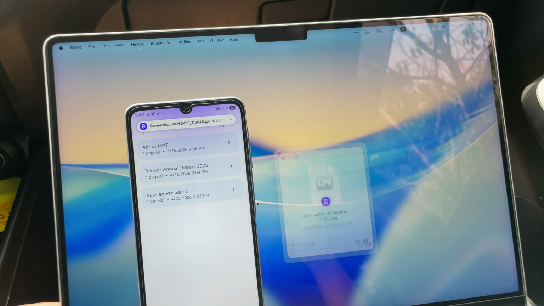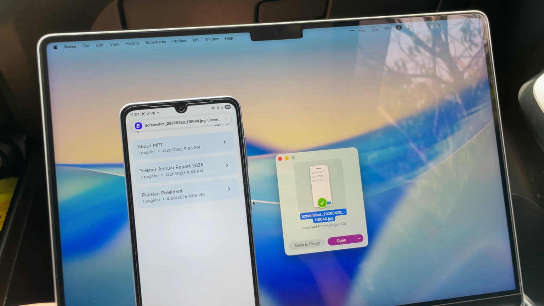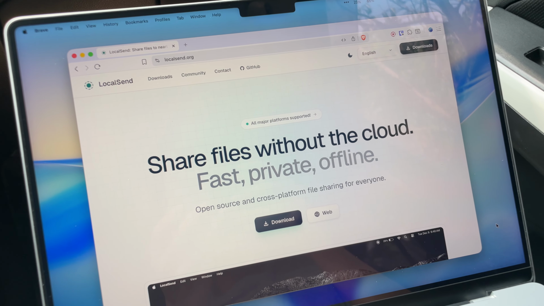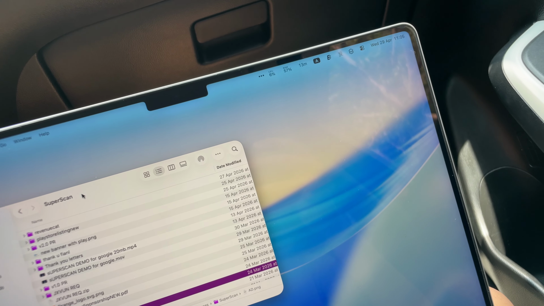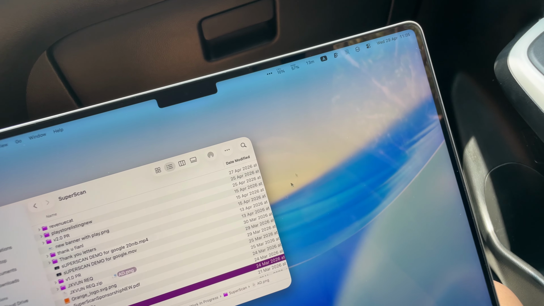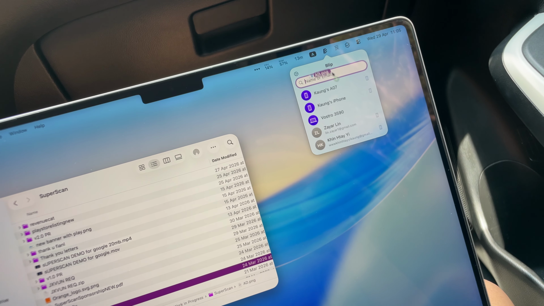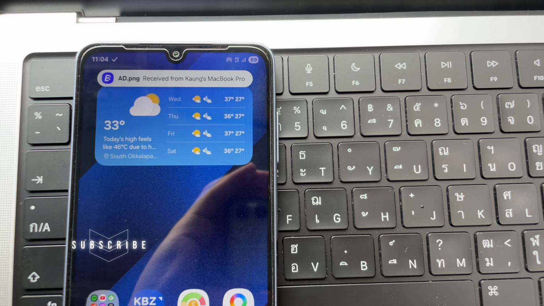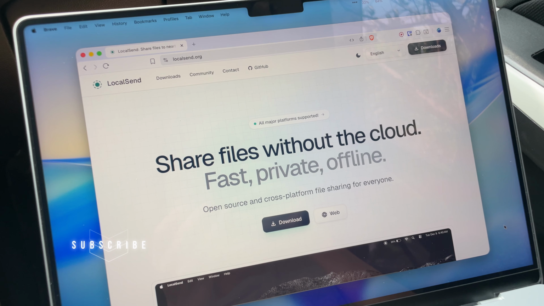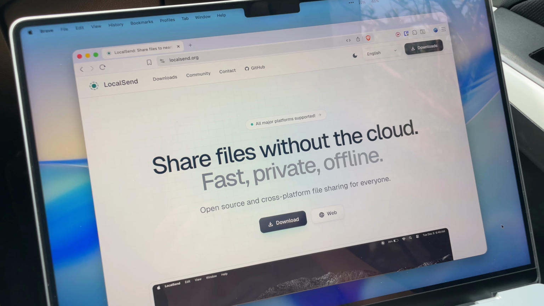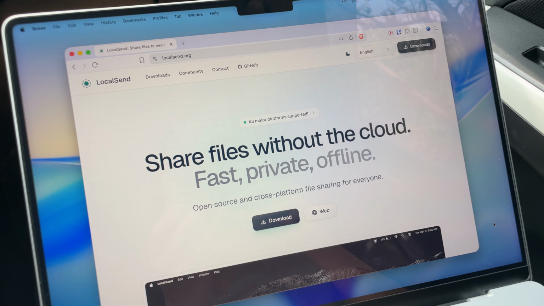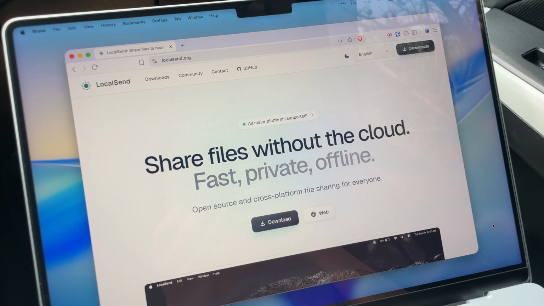One of my favorite things about Blip is how it integrates with the system. Unlike alternatives like Local Send, you don't need to have the app opened to transfer and receive files. It silently runs in the background without taking up your system resources. I always get a notification when I start a new transfer on my recipient device, even when that device is in sleep. If you're looking for a much more privacy-friendly and open source alternative, and you can deal with having the app opened on both devices to share and receive files, you can check out Local Send. But personally, I use Blip.